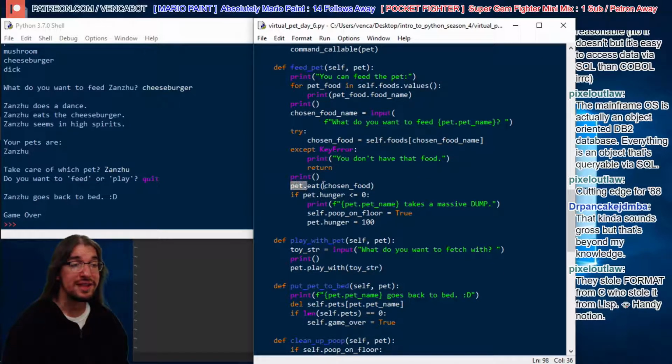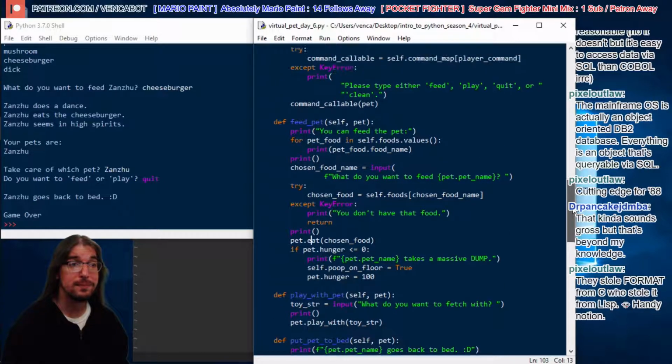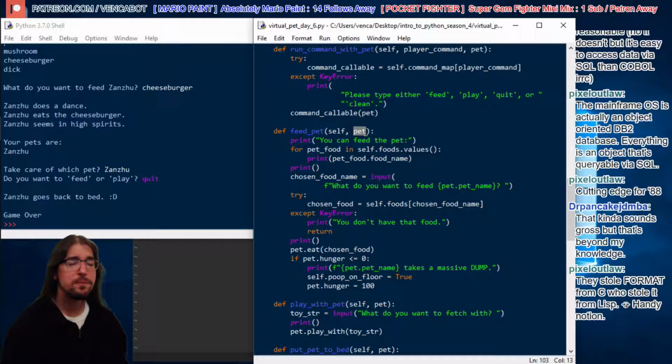Right? Again, the pets have an eat method. So we have this pet object. Right? We know it's a pet object, and we know that we got it as an argument. Right? So we have this argument here, pet. That points towards our pet object, right? An instance, I should say. And that instance has an eat method you can call. We remember that the period sign in Python refers to ownership. It's kind of like an apostrophe S in English, right? We're saying here, use the pet's eat method. So pet.eat, chosen food is the